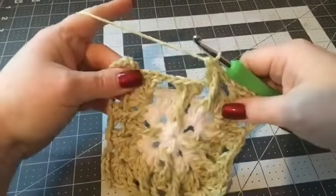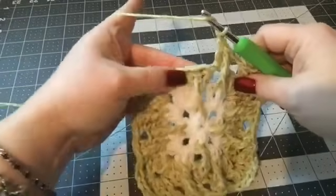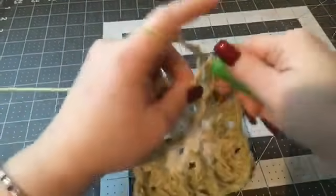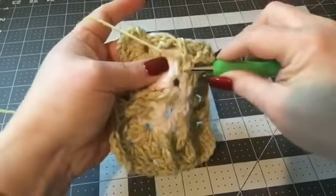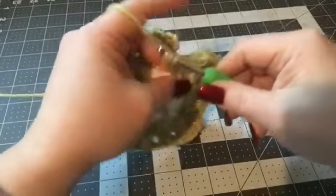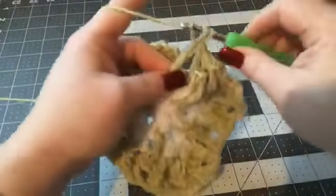And another double crochet. Okay, chain 1, skip the next 3 and go into this next chain 1 space, work a double crochet, then we're going to work our treble, our front post treble. We're going to go down, pull up, go through 2, go through 2, go through 2,